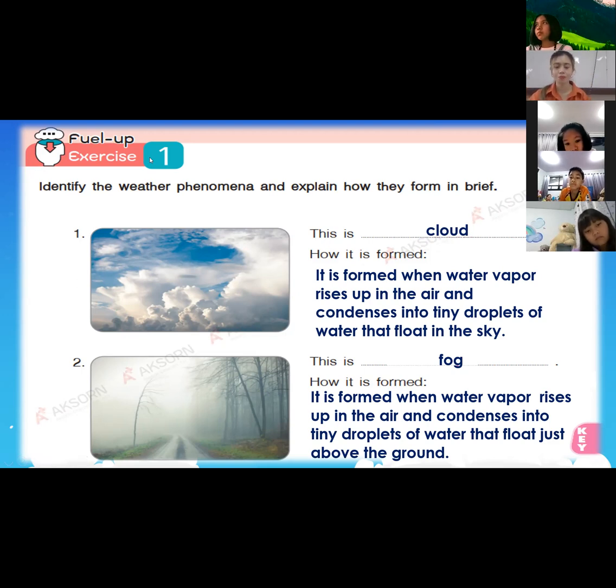Juan Kao, you can also copy and then transfer it to your book when you go home, okay? Just show me your pen if you're finished so that we can move on.